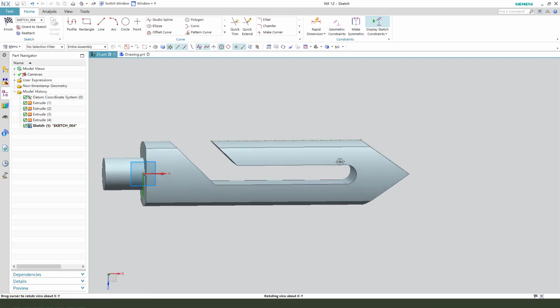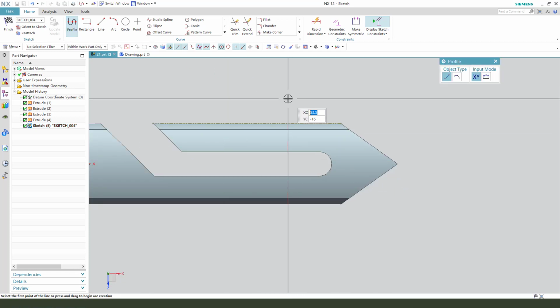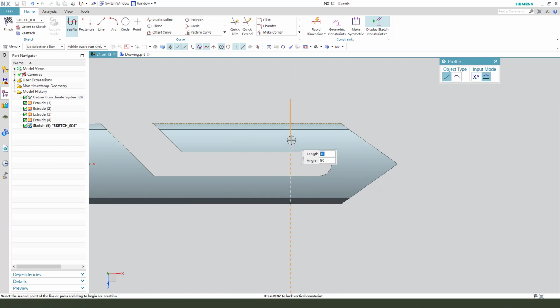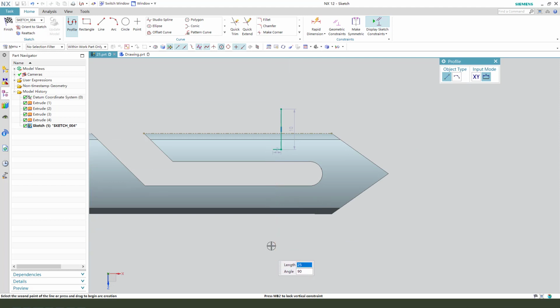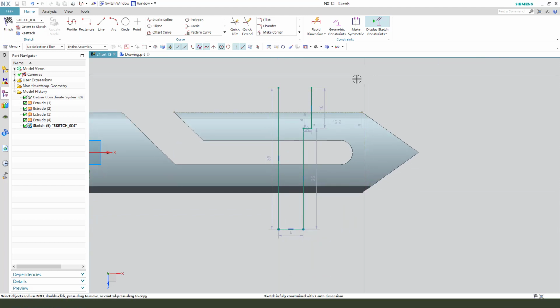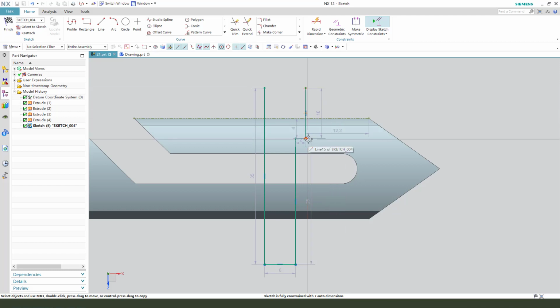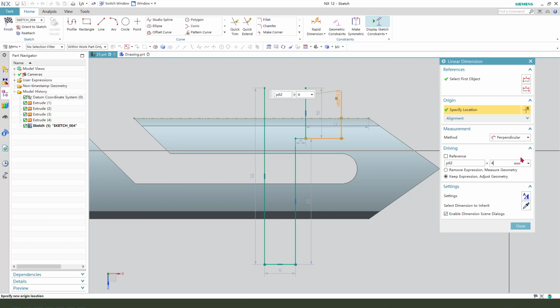Convert to reference. Next, create the sketch. Make dimension 4 millimeter,